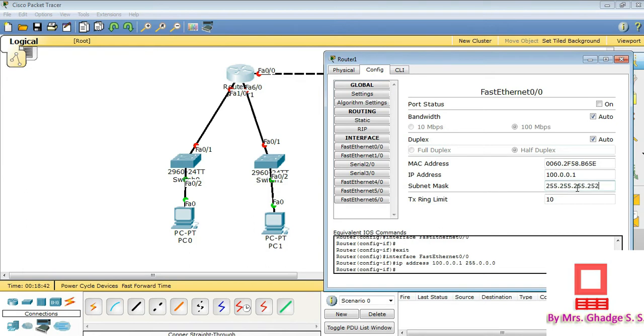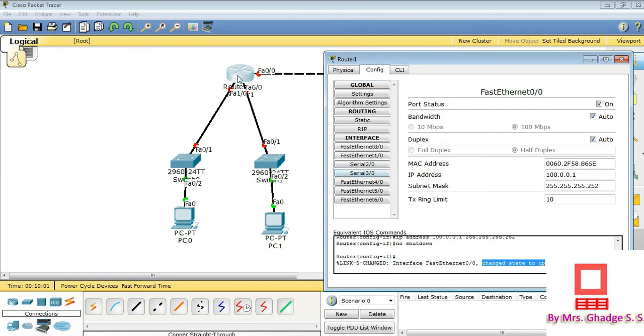Just make it on. This is our first interface configured. Here you can see the message that the state has changed to up.